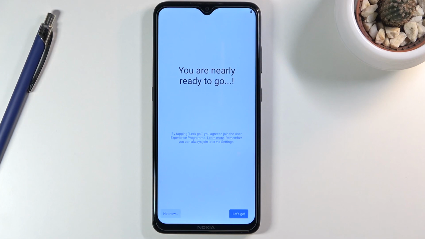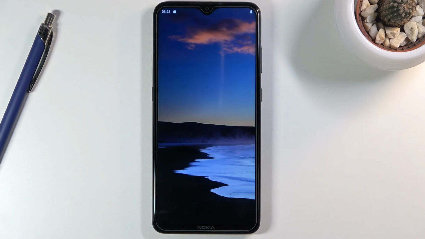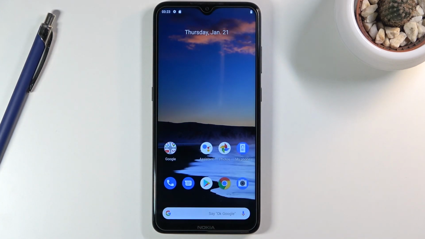So, there we go. Setup is now completely finished. And that is how you could bypass the Google verification on this